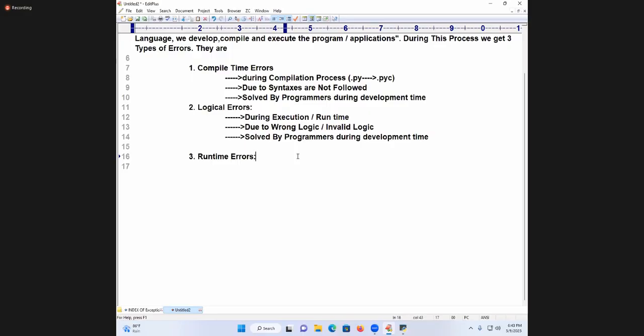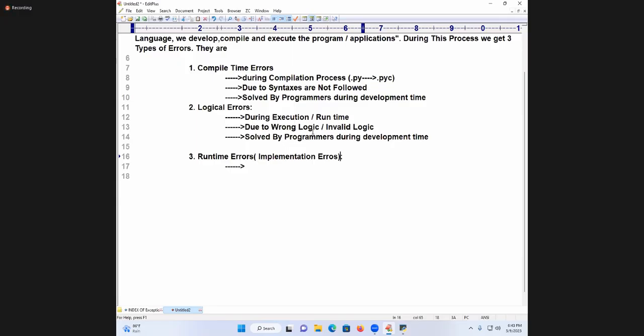Well, coming to runtime errors. My dear students, now I am going to say, I'll go for what? Runtime errors. Shall we write the runtime errors? Well, runtime errors are occurring during execution. These are also called, one more name is also there. What is that? Implementation errors we can call. Another name for runtime errors is implementation error.